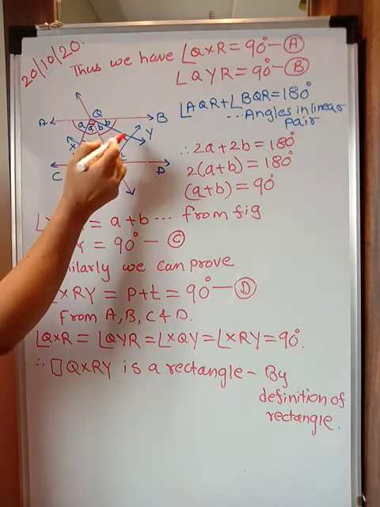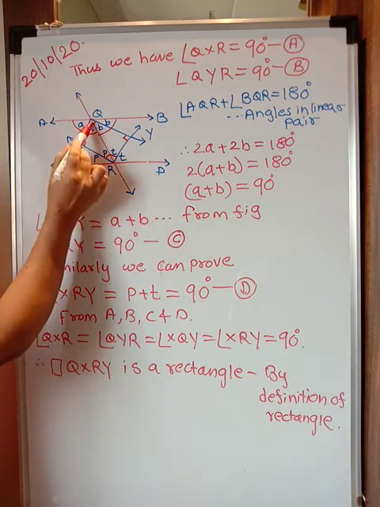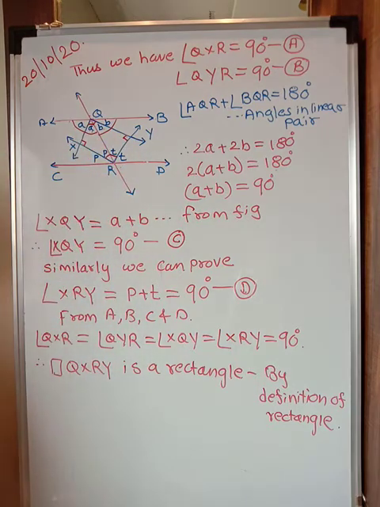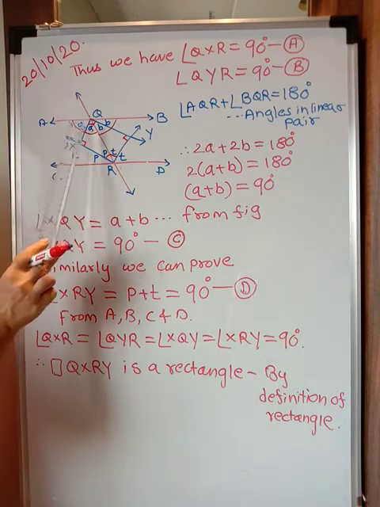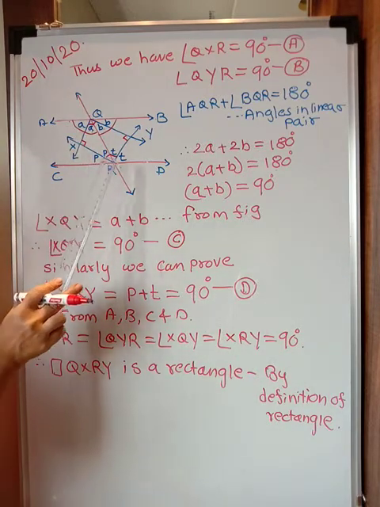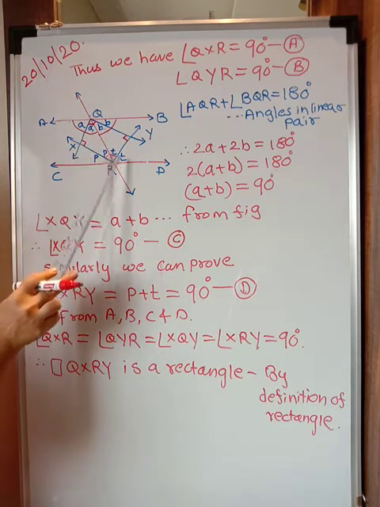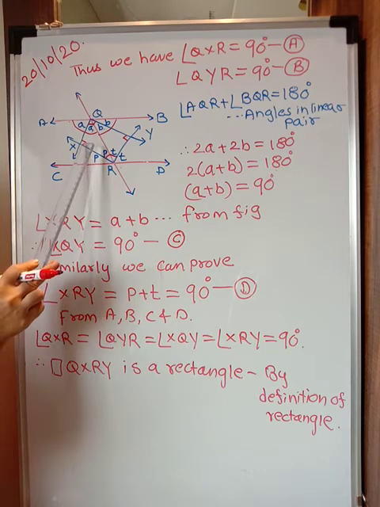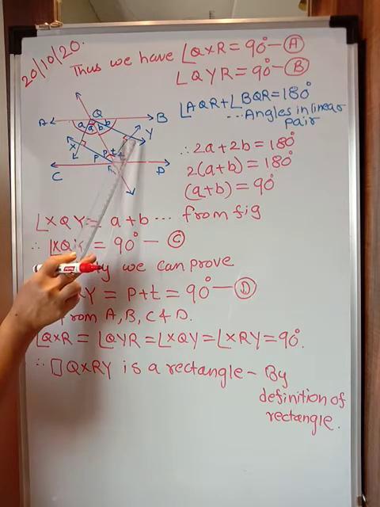Okay. Now look at this, concentrate on this quadrilateral. This is 90, this is 90, this is 90 and this is also 90. So all the angles are 90 degrees. That means now this quadrilateral is nothing but a rectangle by the definition of a rectangle. That is what we have seen. So remember students, first by the interior angle theorem, we proved A and P as 90. Then we used the angle sum property of a triangle and we proved X as 90. Similarly, we applied here also, we proved Y as 90.